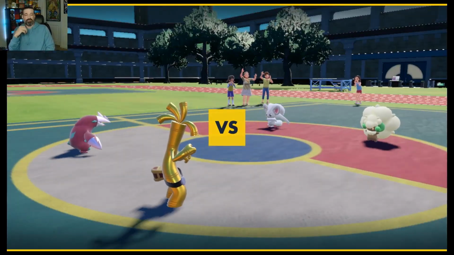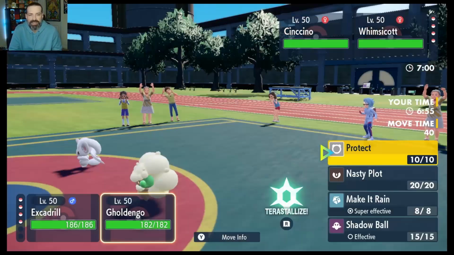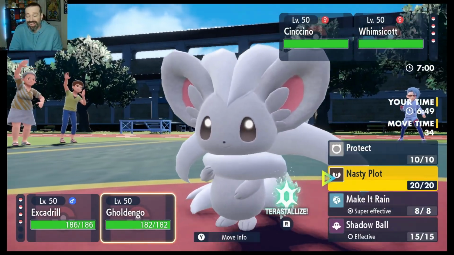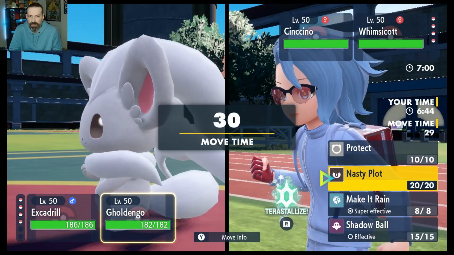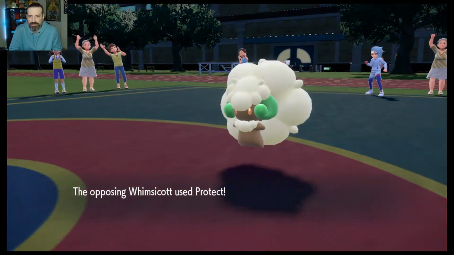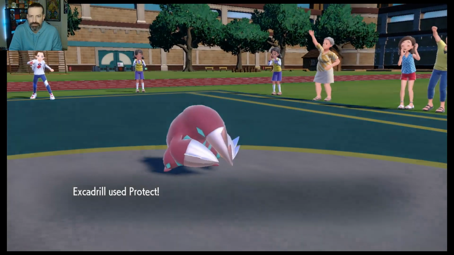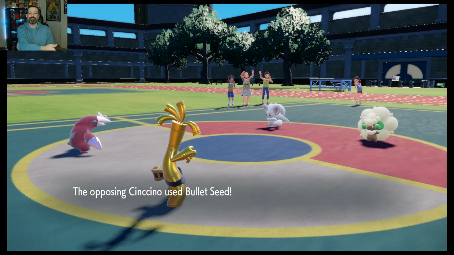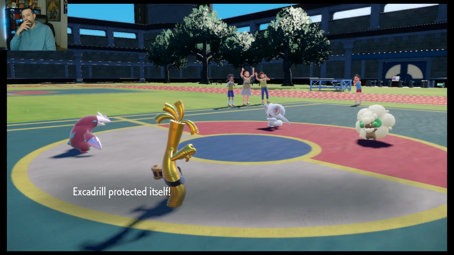All right, sweet. So let's start out by protecting. And I'm actually considering going with Nasty Plot, because I'm trying to think, what does Chinchino have that's going to hurt us? So let's go Nasty Plot. Cool. Okay, so they're going to outspeed Excadrill. Obviously, we're going to have to remove Excadrill just because of Encore potential right here. So we're going to swap them out, but...